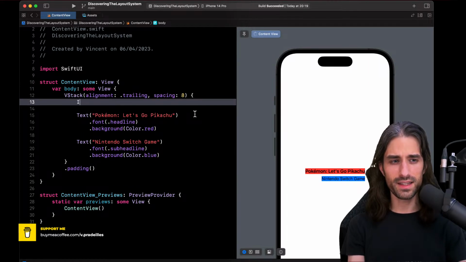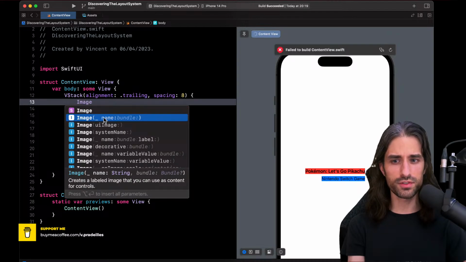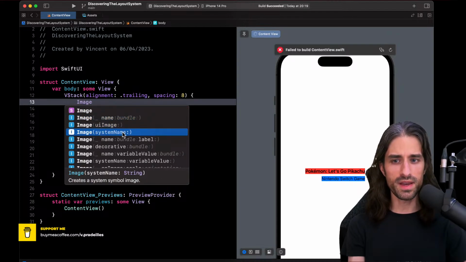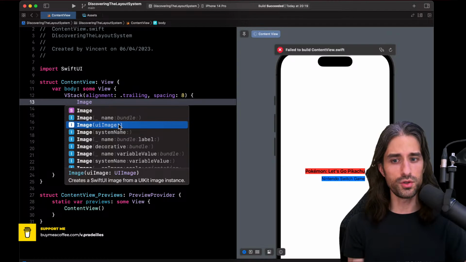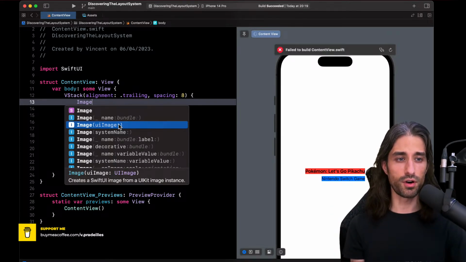So how do we add an image? I don't remember if we saw images last time, but you use the view Image. You can see we have quite a few initializers available: a name, a UIImage, a system name. System name, if I'm correct, is when you want to use SF Symbols. UIImage is when you already have a UIImage that was created in other parts of your code that use UIKit, or by some framework, maybe from the network.